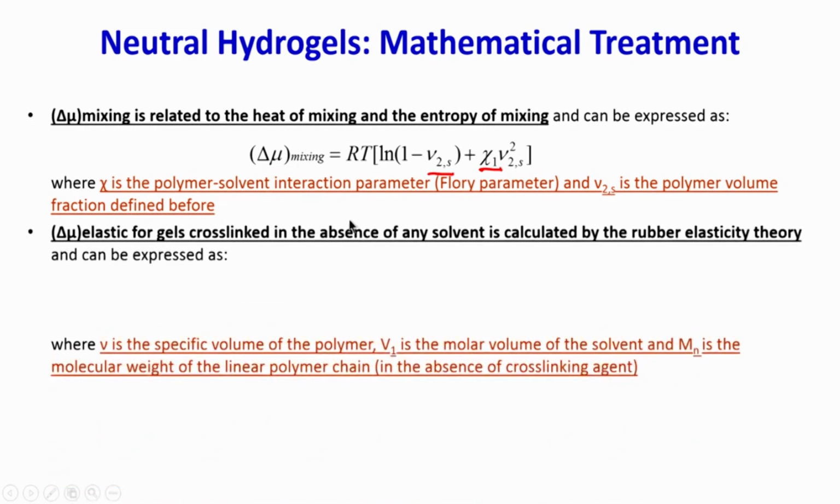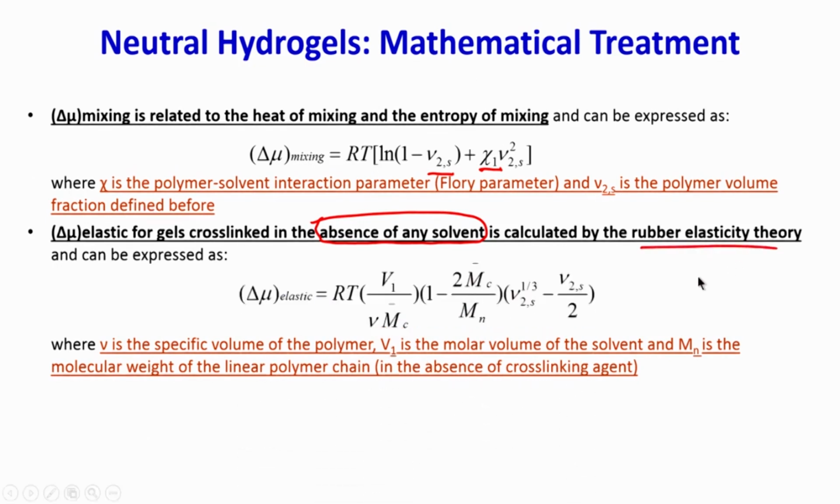What about the elastic chemical potential change? So, for a cross-linked gel in absence of any solvent, it is calculated by the rubber elasticity theory. Of course, this case when we are saying in the absence of any solvent is sort of non-existent, because the hydrogel will only form when there is some sort of solvent. You can't expect just the polymer chains to mix, because there will be no diffusion, no interactions happening. So, this is just a hypothetical case for now, but the delta mu elastic for these gels will essentially be calculated by the rubber elasticity theory, and this can be expressed as